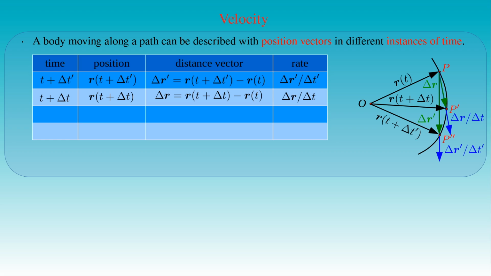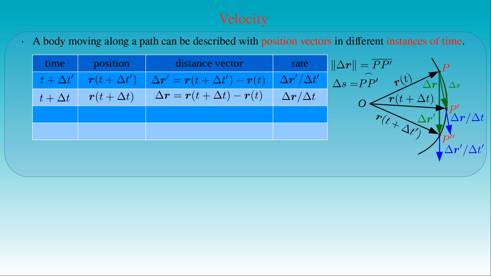As we saw, the length of the difference delta r gives the distance of the points P and P prime, whereas the distance covered by the moving point mass between the points P and P prime is the arc length of the curve between these points. Now we can choose a new point on the curve between P and P prime, which means a difference in time smaller than delta t, and construct the difference and the ratio vectors corresponding to this new point.